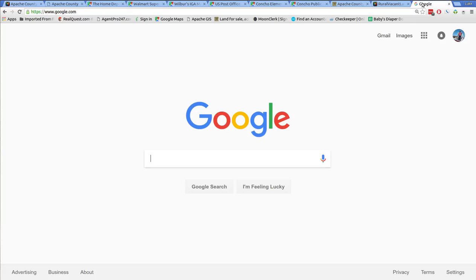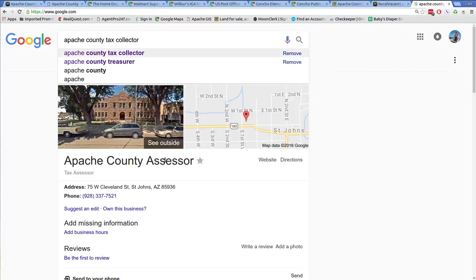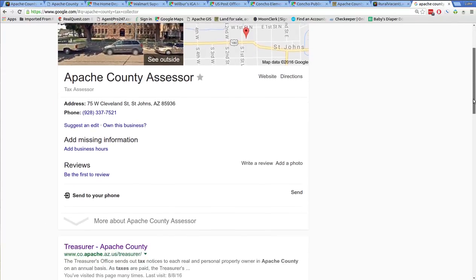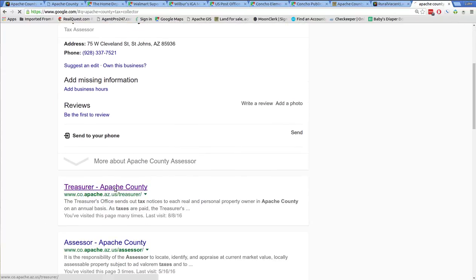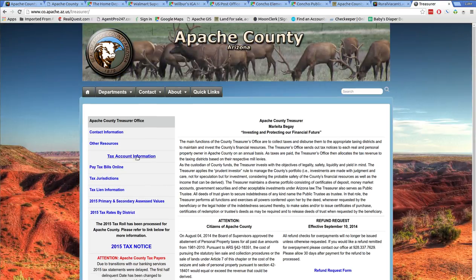So if we go to Google and we just Google, this is for Apache County, tax collector. I do it that way because you can do it in a bunch of different counties and you generally run into the same kind of information. So Apache County, it's called the treasurer. You go to the tax account information,